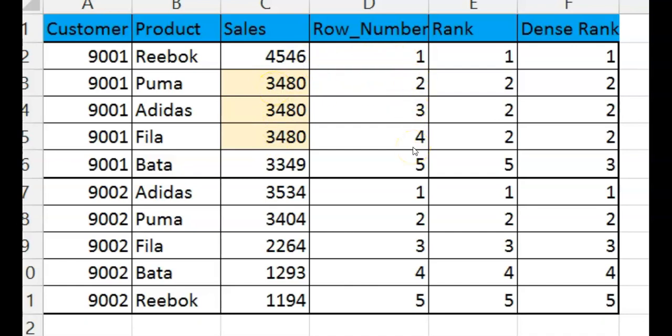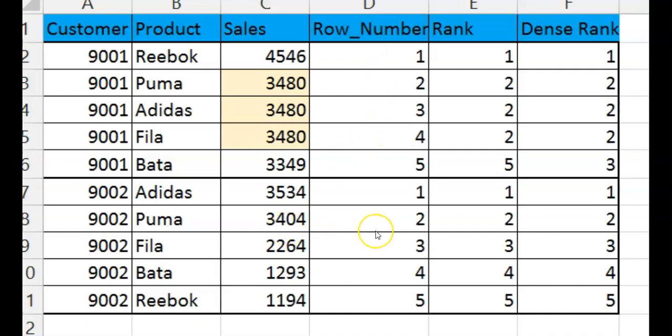So automatically Puma has become by default more important in comparison to Adidas, and Adidas has automatically become more important than Fila, while all these products have exactly the same amount. They have been provided different ranks by row number.